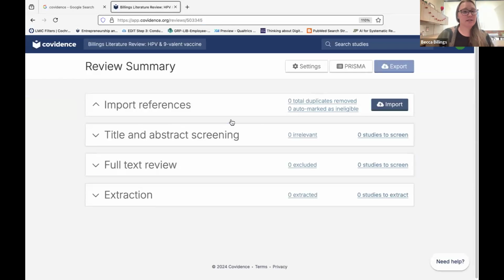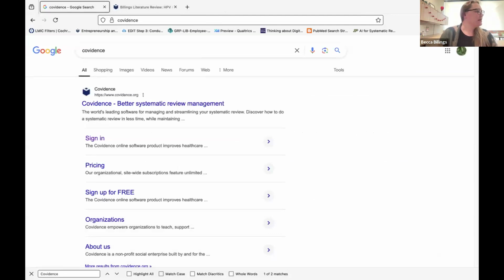All right, so I will continue on. The next thing that we're going to talk about is how to import references. So I'm going to just quickly go in and pull up an EndNote library on my end, and I'm going to pull up just a quick PubMed search to get started. So I have 3 screens up, so let me try and